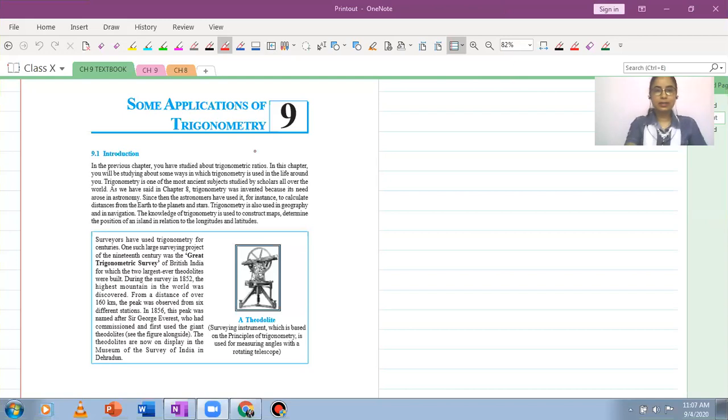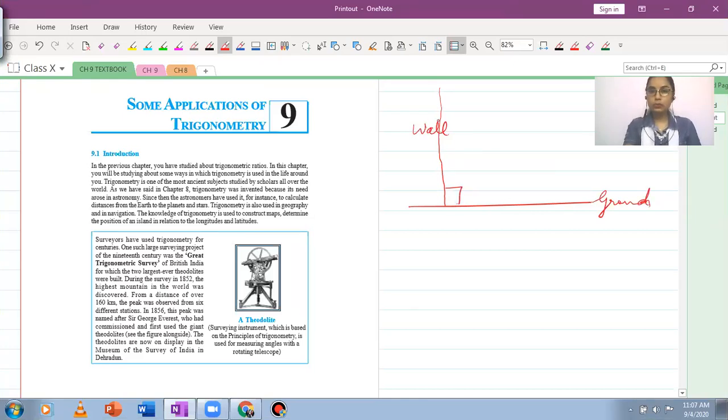Let us say that this is the ground level and there is a wall. So the wall will be perpendicular. So this is the wall that we have. We assume that the wall is perpendicular to the ground. And supposedly, if we place a ladder along this wall, it will be inclined at an angle to the ground. Is that correct? So let us say this is the ladder and you've been given the height at which the ladder is placed. There is a window on the wall.